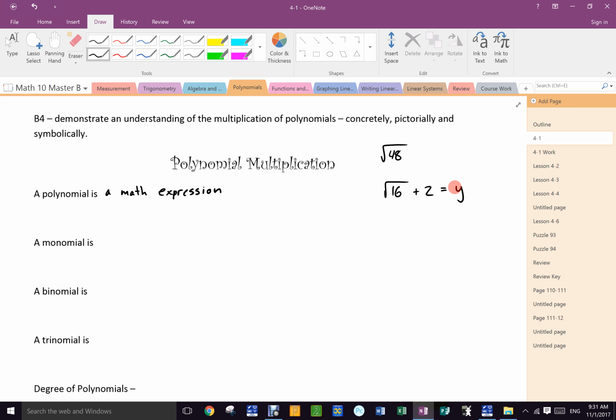Does everybody understand? So polynomials, at your level right now, are never going to have an answer. You are only going to be able to simplify or change how they look. Everybody cool? And you've already done a lot of work with polynomials, even though I haven't called it polynomials. Okay? Okay. So, it is a math expression containing